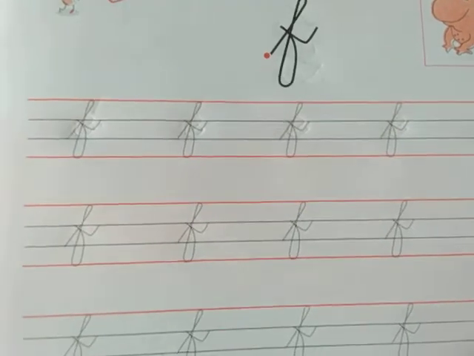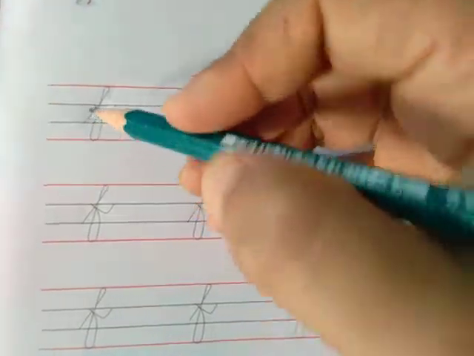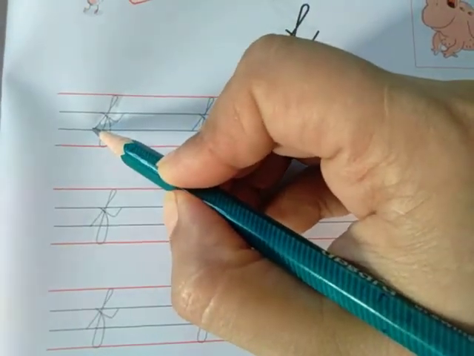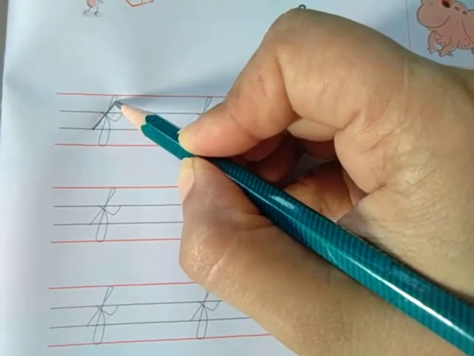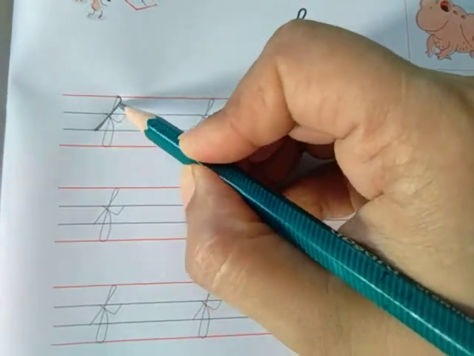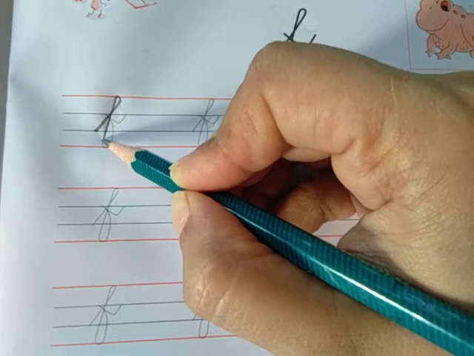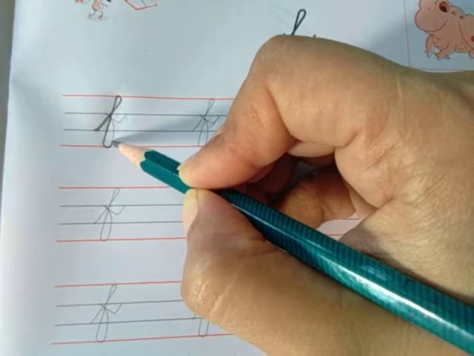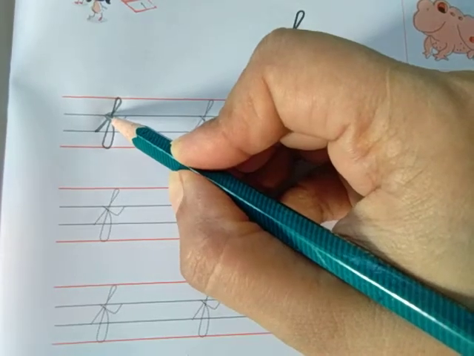For letter F, it seems difficult but it is not difficult. See here what you need to do. Just as you draw a small slanting line, you have to draw a long slanting line. You have to go up to the first line and see, this line is slanting but this line will be a little standing. You have to go up to line number 4. Then as you do in B, where you make a basket, but here you have to intersect this curve up to here and then come back.